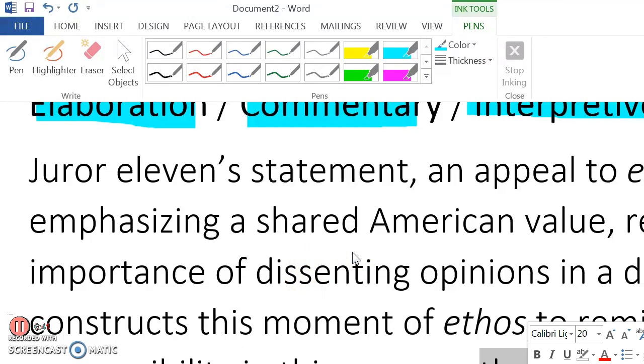I'll use an infinitive phrase to offer differing opinions with the goal of exacting justice. Okay, so